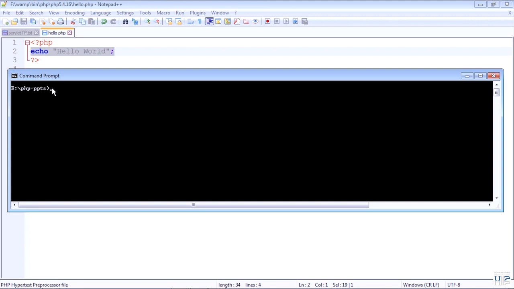Before executing this script from the command line, you have to ensure that the folder in which php.exe, the PHP executable, is present must be in the path of your operating system. If it is already there, then all you have to do is execute this hello.php from the command line by saying php